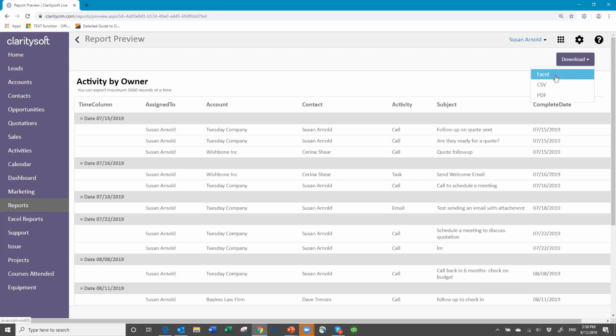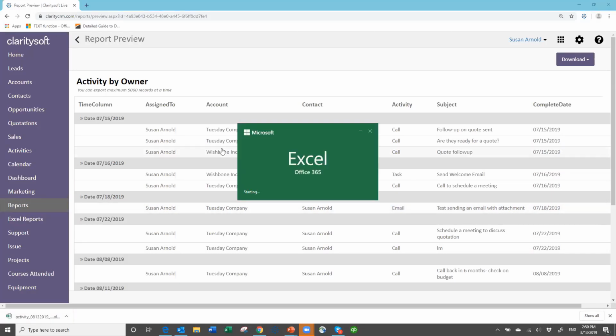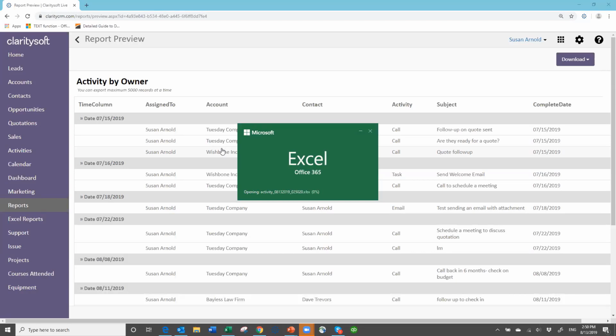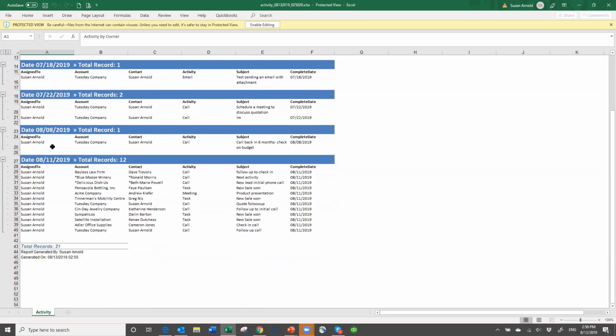Let's go to Excel so we see what it really looks like. So here we go. This is work going by day. So on the 15th, I did 3 activities. On the 16th, I did 2. So this would break it up by date. Notice I did a whole lot of work on the 11th because I was trying to get activities in here